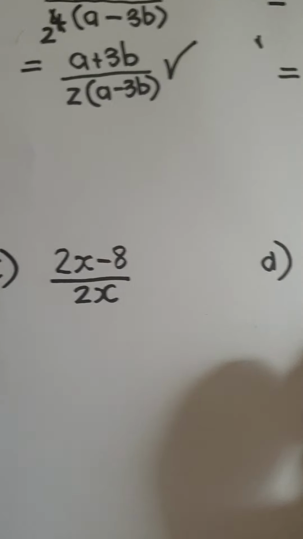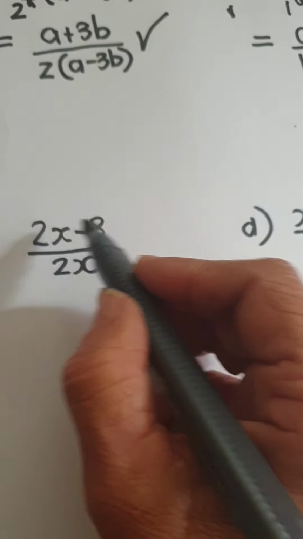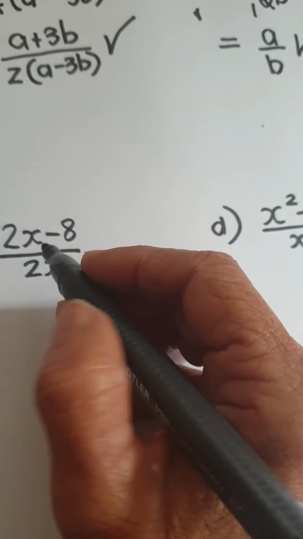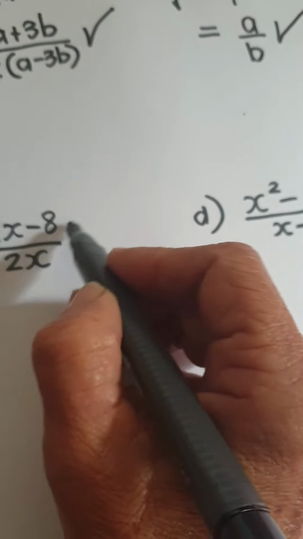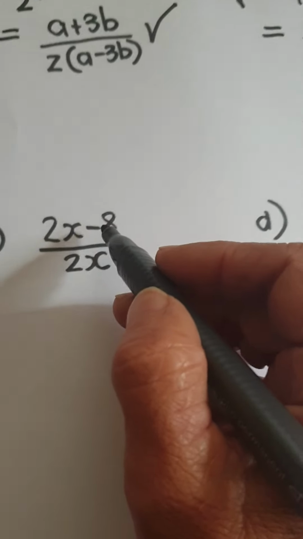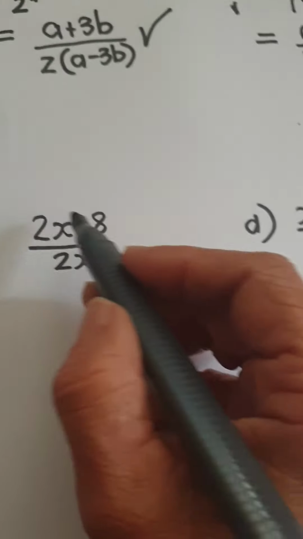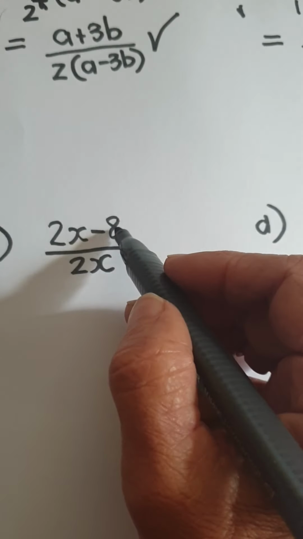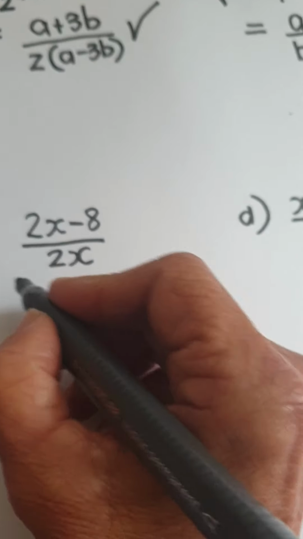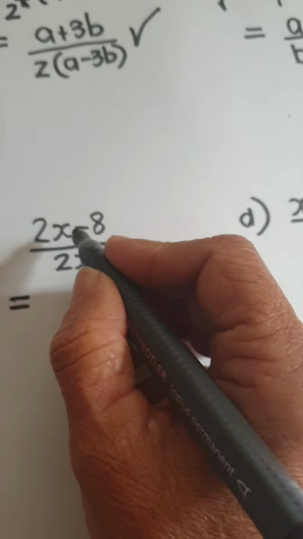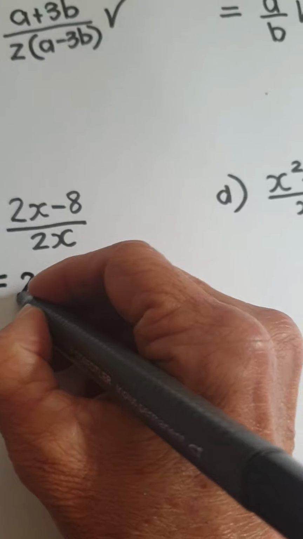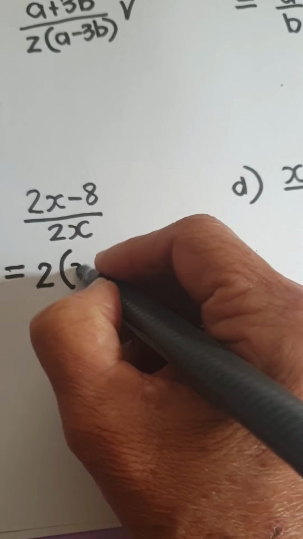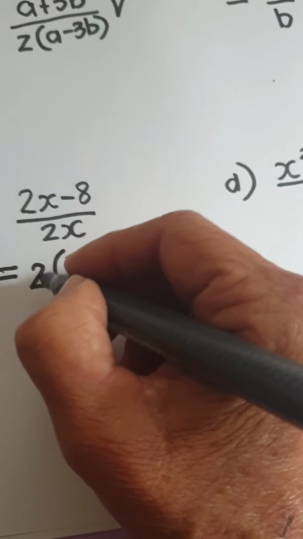Let's look at another example. I have 2 terms in my numerator, 1 in my denominator. So I need to simplify the numerator first. I don't want 2 terms. I can't add, there's no like terms, but there is a highest common factor. So my highest common factor in my numerator is 2. So I take 2 out, I divide 2x by 2, and I just get x